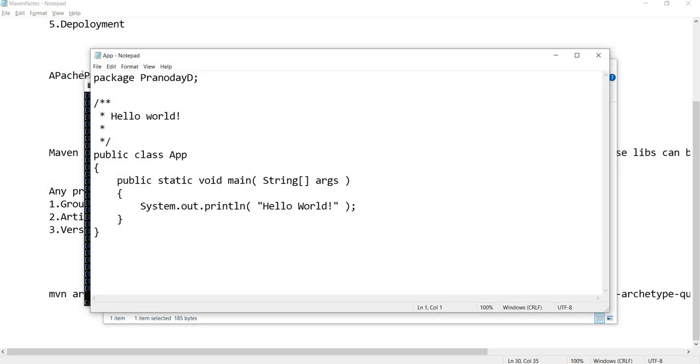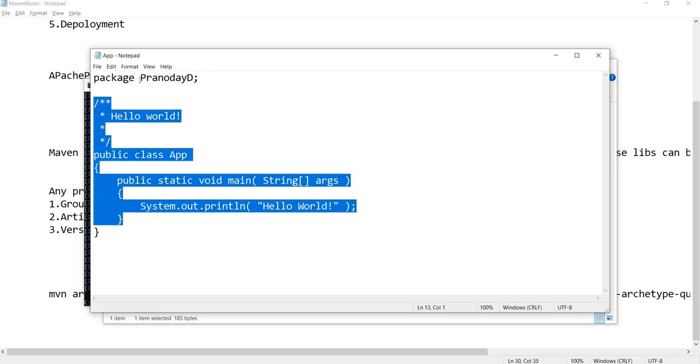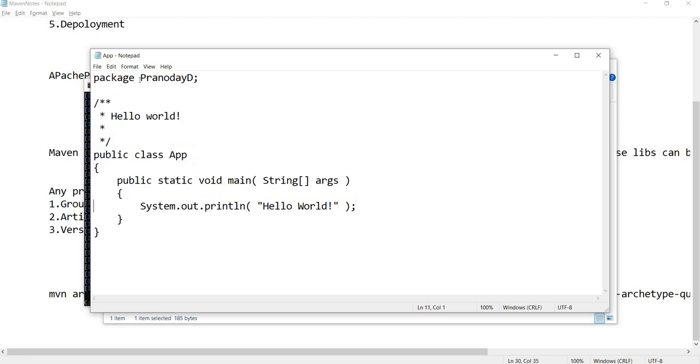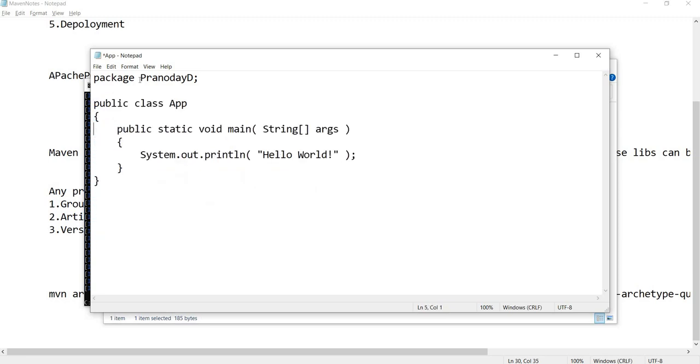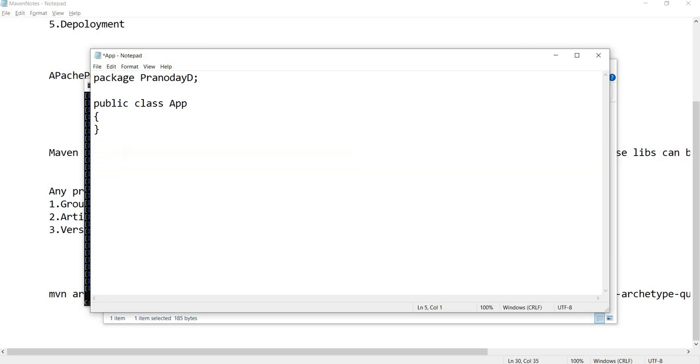So where this came from, you can see the package entry is pranodad. So this pranodad is nothing but the group ID which we mentioned at the time of creation, and this is a simple class which you can delete, you don't need it, so you delete it and you create your own, right? So this is just the template which that plugin gives us to start building our code.